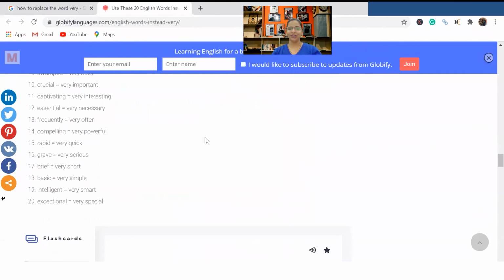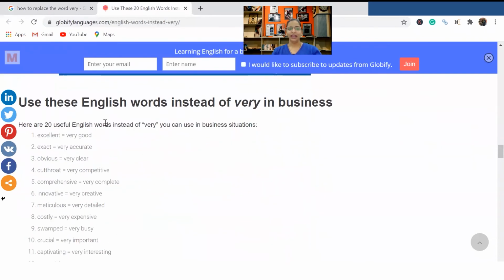You can find it very easily. Okay, excellent; very good, exact; very accurate. So don't use "very" in your content. Again, you should remove "absolutely," and you should remove "suddenly," unless you have to show something that happened out of the blue. Don't use "suddenly."